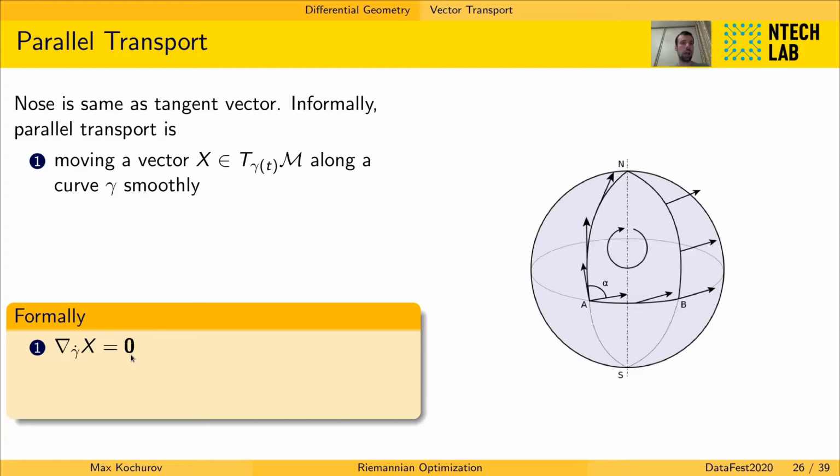So let's move to parallel transport. And nose is the same as tangent vector. And informally, parallel transport is the smooth change of your nose while we move along the curve. But formally, nabla, the differential of